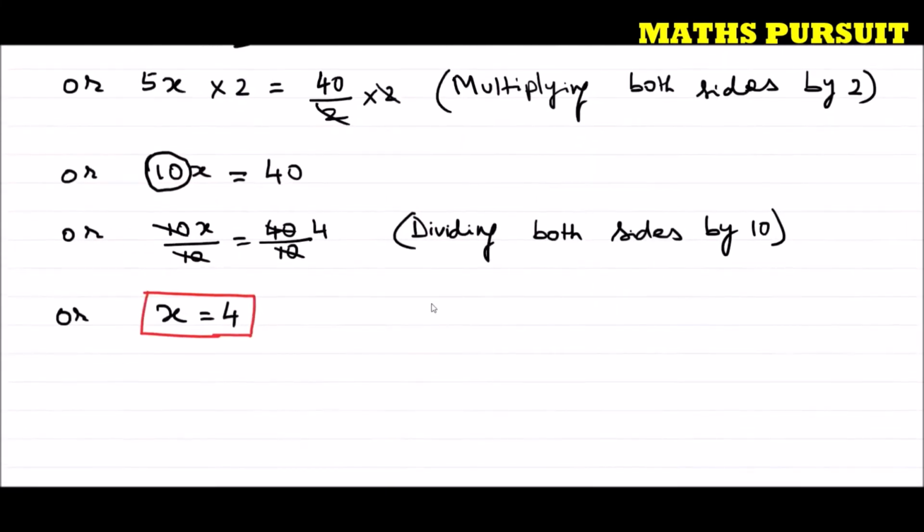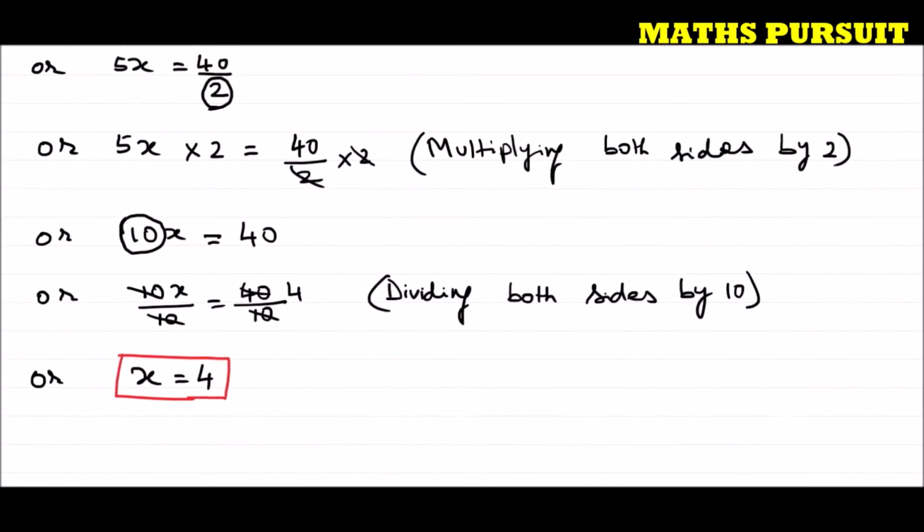Saying that Amina thought of the number 4. The number that Amina thought of is 4. Hope guys you understood this. This is very simple and very straightforward. We just need to understand the question so that we can move in the right direction and get our answer without committing any errors.